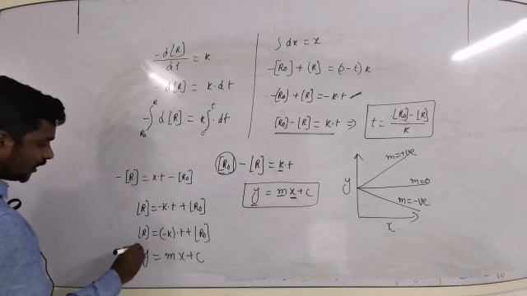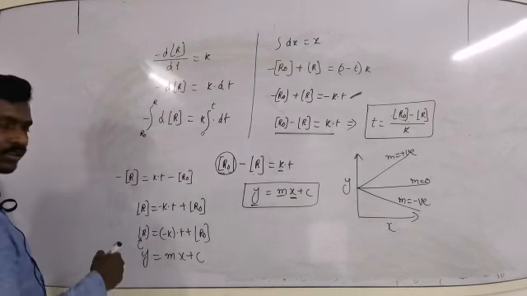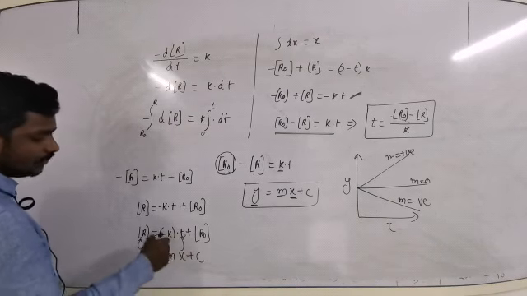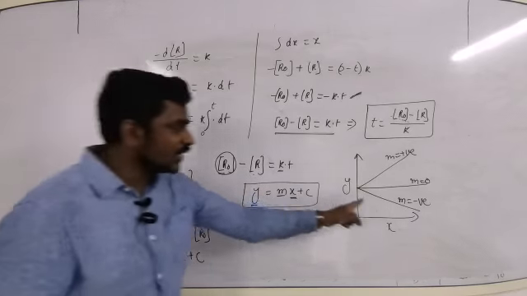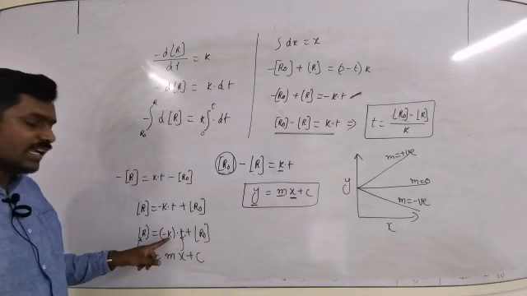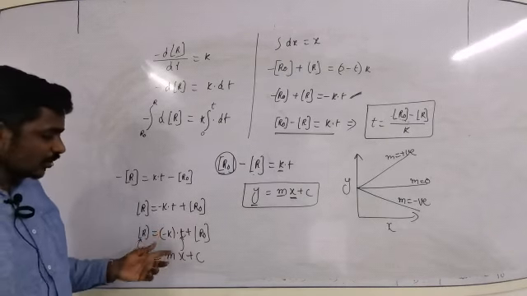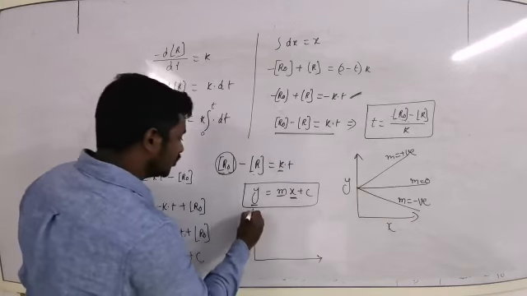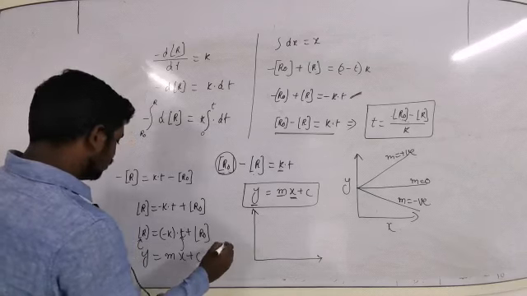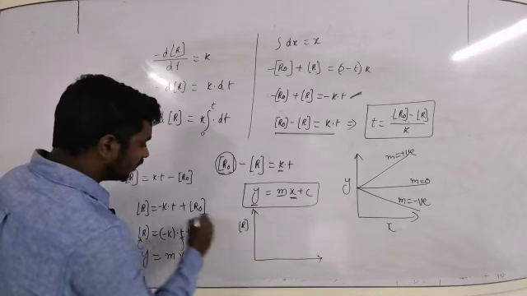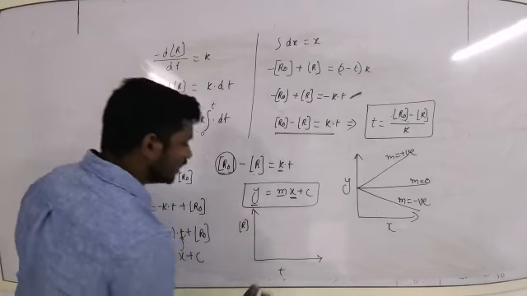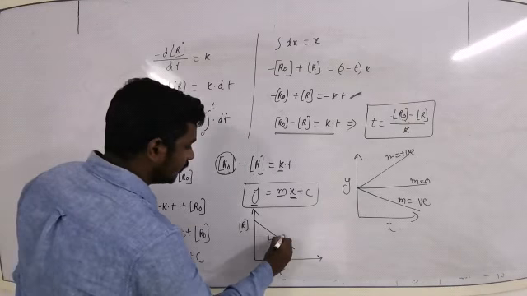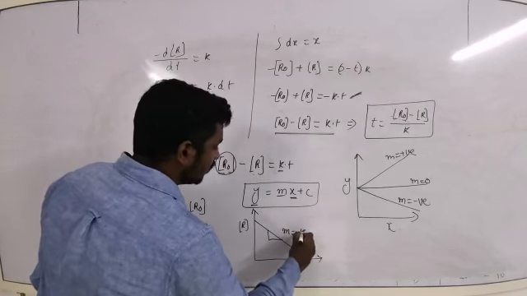That means when you plot a graph by taking concentration of reactant at a given time t on the y-axis and time t on the x-axis, you will get a negative slope because the slope here is minus k. So this is what the graph looks like to calculate the rate constant for zero order. This is the concentration of reactant on the y-axis, and this is the time t on the x-axis, and this is the way it looks. And the slope is nothing but minus k, which is the rate constant.